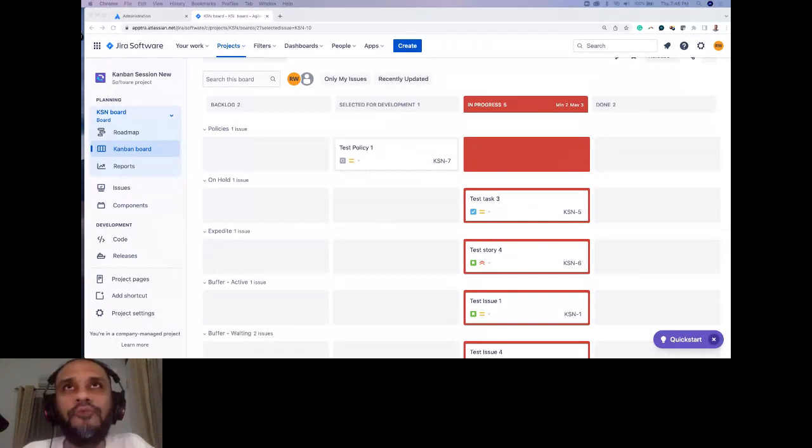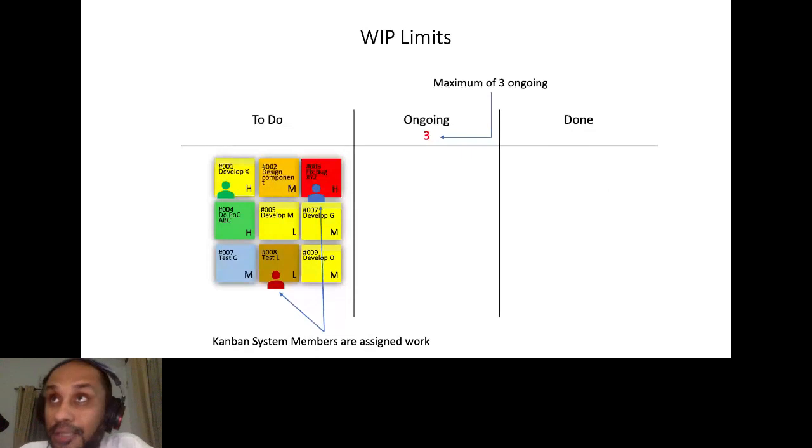I'll quickly move forward. The second thing is limiting our work in progress, putting WIP limits, right? So basically what we are doing is we are telling our team has a limitation in capacity, and the work that we are doing is also of different complexities.